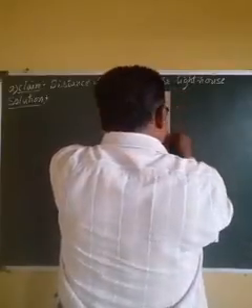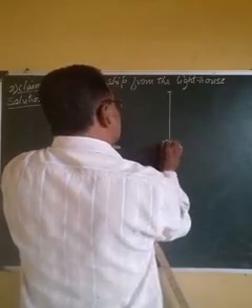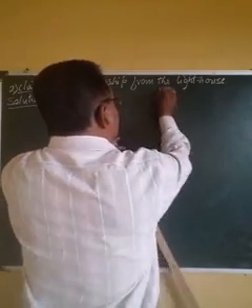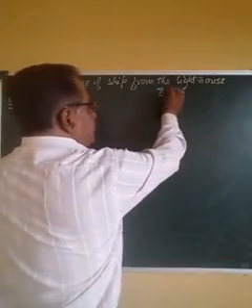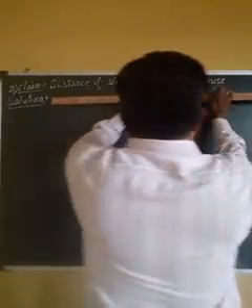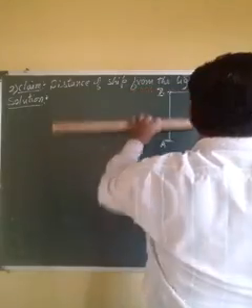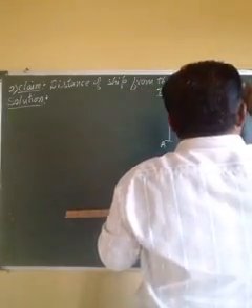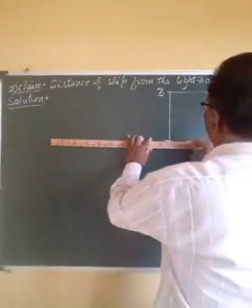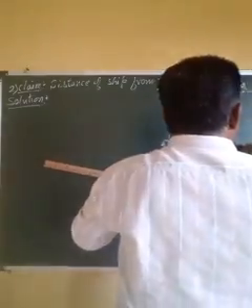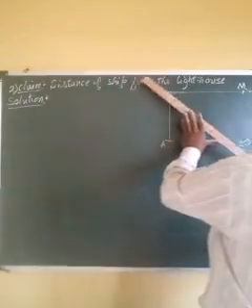So first and foremost we have to draw a lighthouse. Let us consider AB as the lighthouse and the observer is standing at the top. That means he is standing at point B. So from point B we have to draw a horizontal line, and let us consider that horizontal line as AN. So this person is observing a ship. Suppose the ship is here. Let us take this as S.